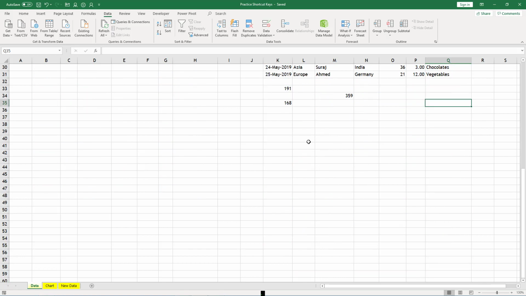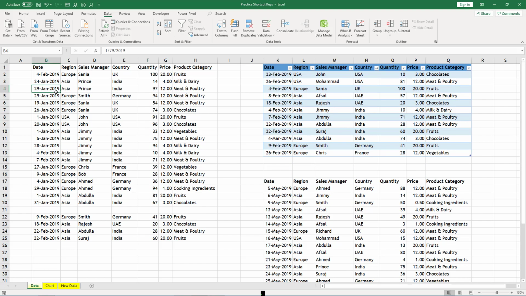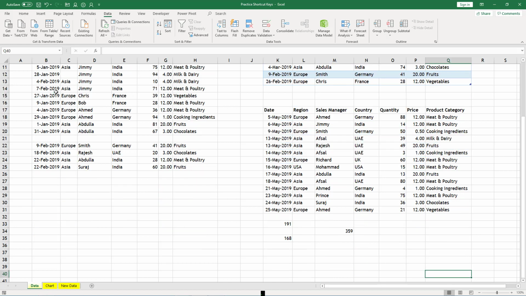Sometimes it remembers a column which has been used earlier, so it will take you to the last cell based on that usage. You can see here it is even considering that blank row because we used it and then deleted the content, but somewhere in its memory it is taking note of it.